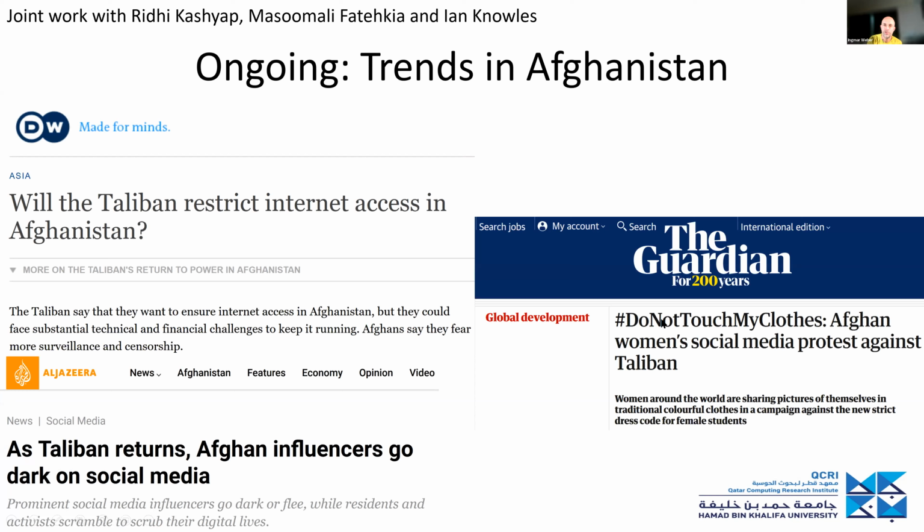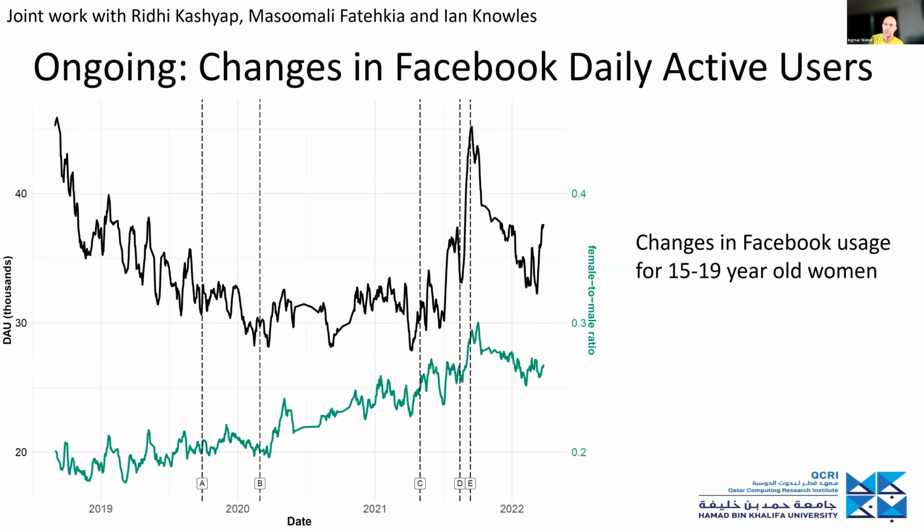And so there are some conflicting stories, right? When people say, okay, now people are no longer on social media, but then there are also social media campaigns run by women, right? So it's part of their empowerment. What I'm showing you here is data we've been collecting from Facebook over time for the daily active users. Earlier I mentioned that there's data on monthly active users, and everything else so far was derived from monthly active users that are more stable across time. But this particular plot is derived from the daily active users, right? That fluctuate more.